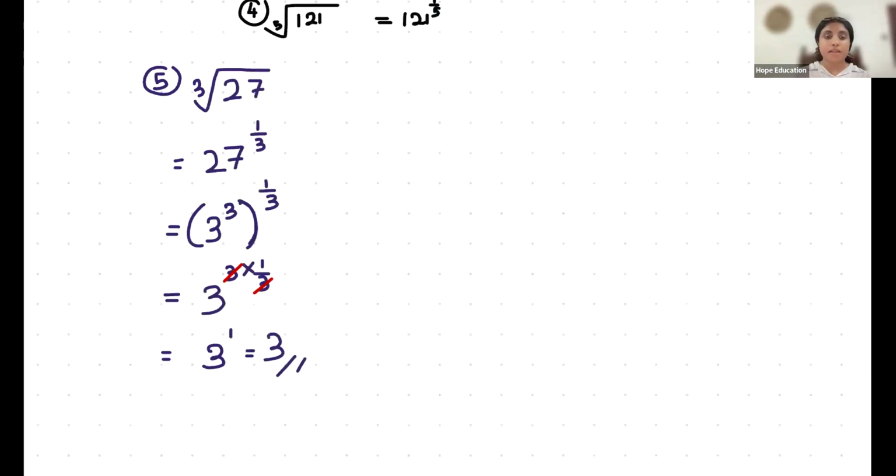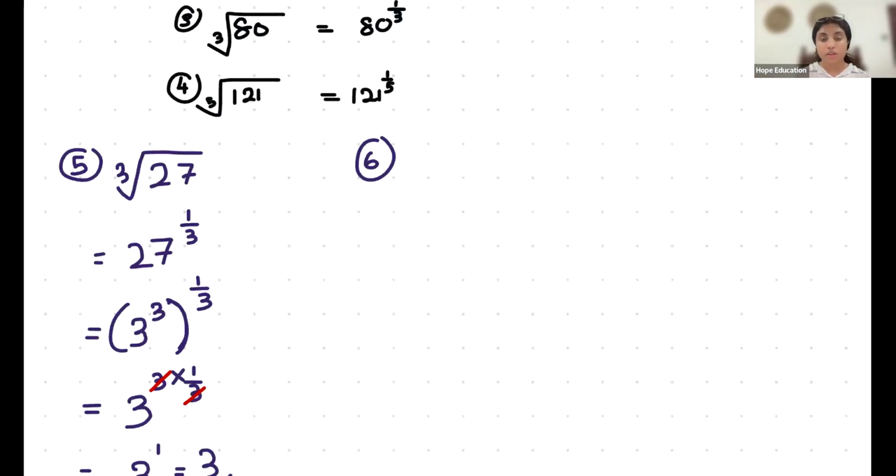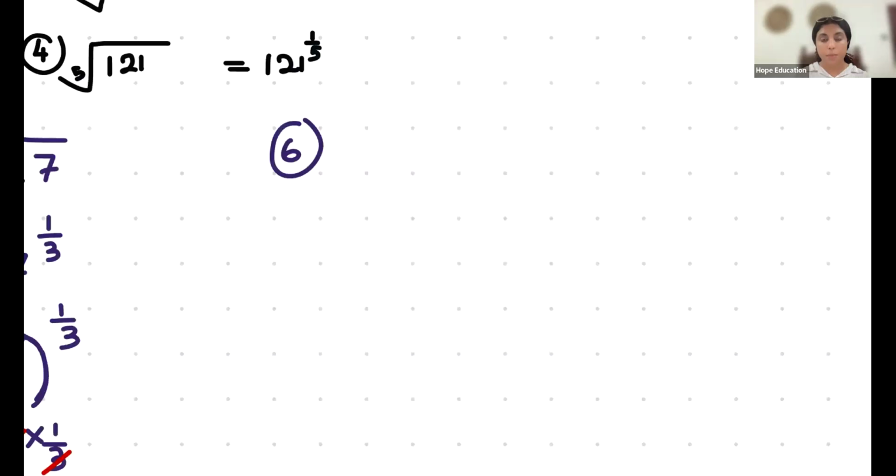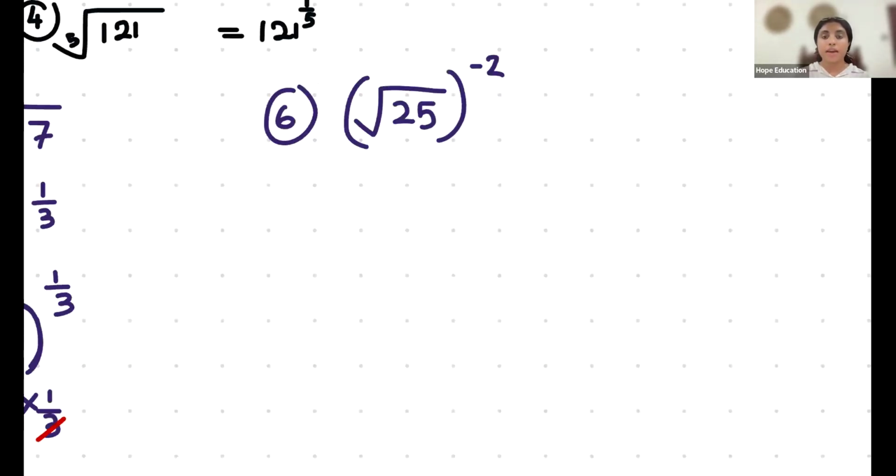ලියන්න එපා අපි තව example එකක් discuss කරමු. 6th example. Again, I'm taking from the textbook. Root of 25 to the power minus 2. Okay, we'll try this one. Now here, එළිය minus 2 කියලා power එකක් තියෙනවා. ඒක වෙනමම කතාවක්. අපි දැනට ඉගෙනගෙන තියෙනවා